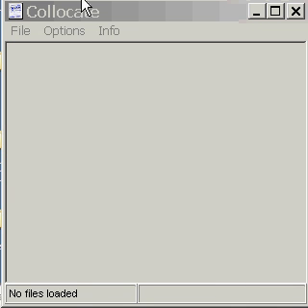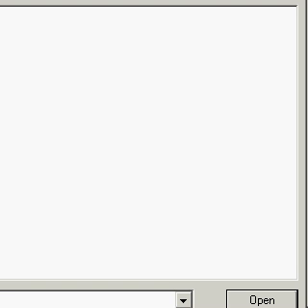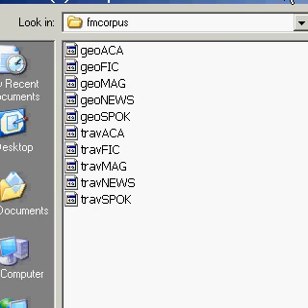Here is some software, Collocate, which tries to extract collocations from a text. There's no definition for a collocation, so it's a question of the software presenting to the user different candidates and the user making a selection. So for this, I would just load some geography texts to get some data,